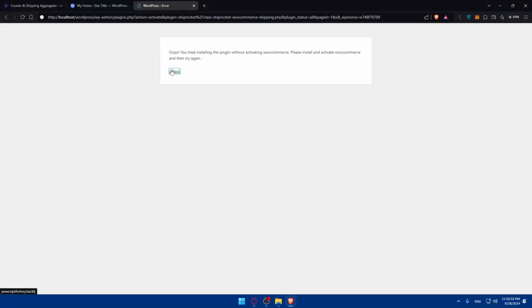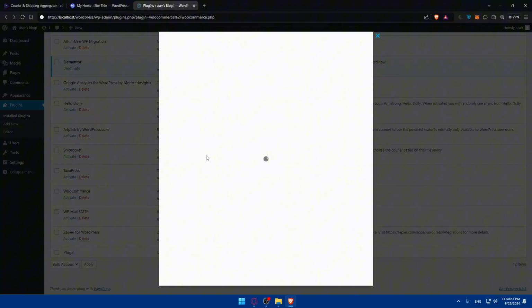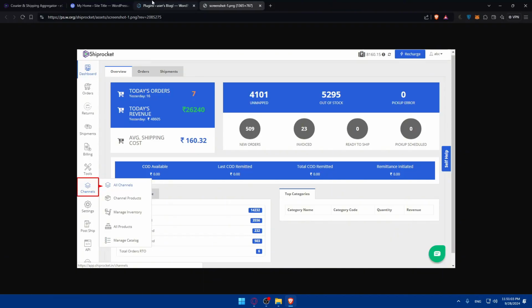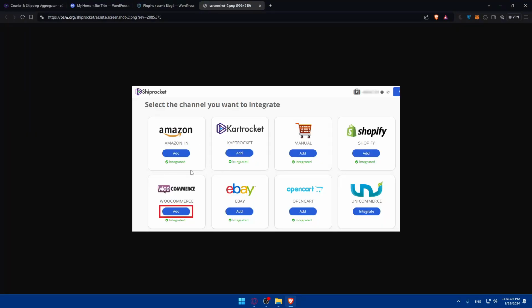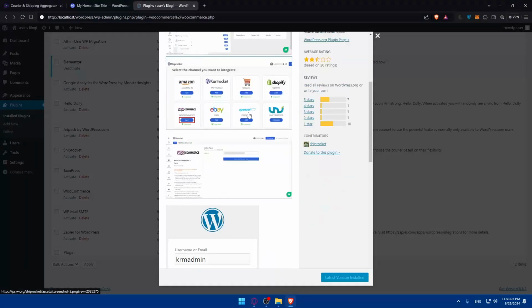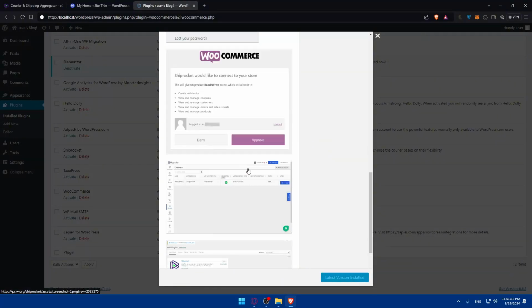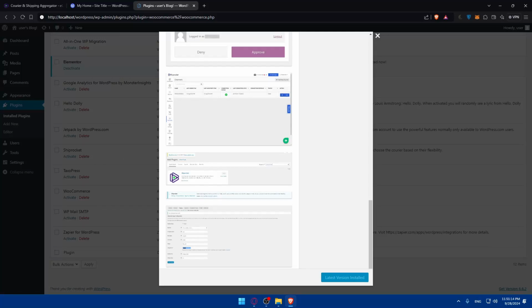So once you click on activate, of course, you can just go and connect it. How to connect it, as I said, they even show you here in the screenshots. So you have to go here, channels, then you'll find here WooCommerce, click on add, and they'll tell you basically to enter the URL of your store, connect to your store, click on approve, and it will be connected. And yeah, that's how you integrate Shiprocket with WooCommerce. You can now configure the Shiprocket settings, set up the shipping methods, set up the labels and tracking, test the integration,